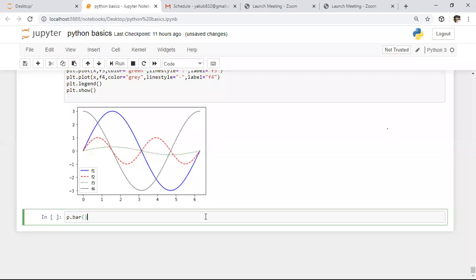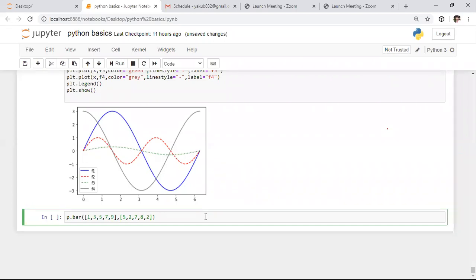In this bar function, we need to specify the x-axis as well as the y-axis. Initially, I'm specifying the x-axis attribute as all odd numbers, 1, 3, 5, 7, 9. Like that, I specified a few odd numbers. After this, I want to specify the company market in thousands, that means in 10,000. Let's assume, here I'm specifying 5, 2, 7, 8, 2.